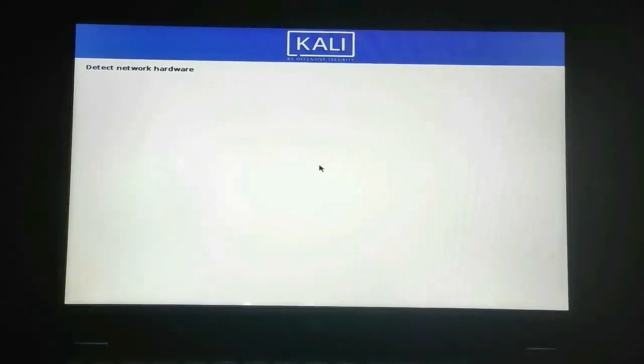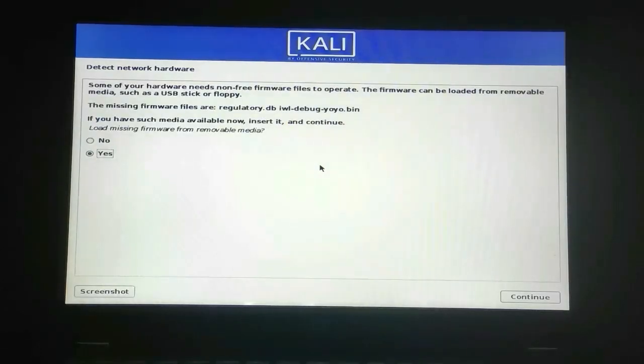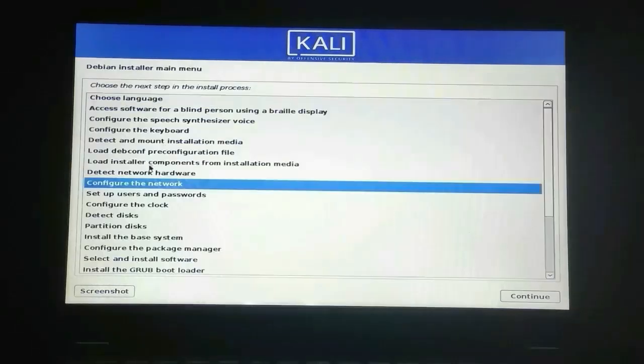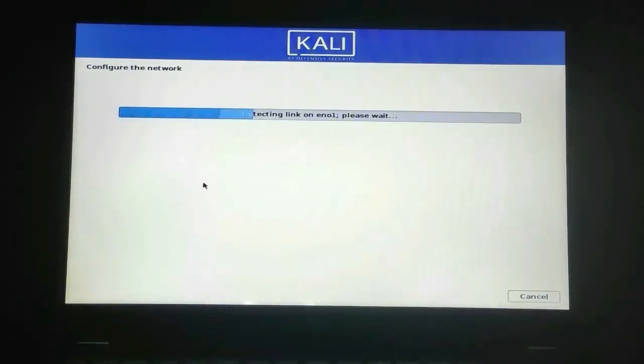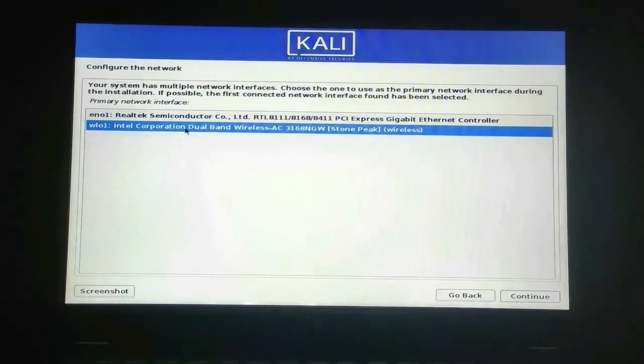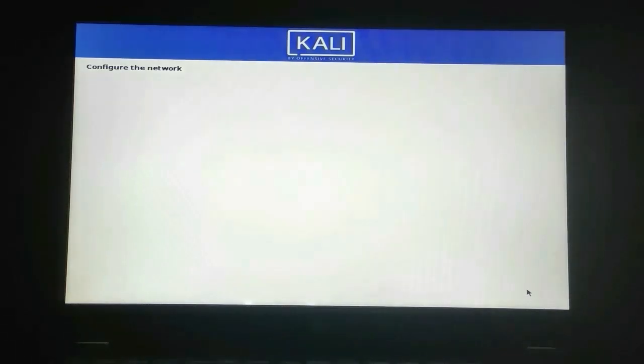Now it is detecting a network hardware. Now we are configuring the network. We will use the Intel's hardware.